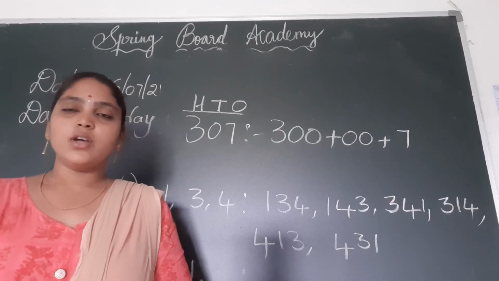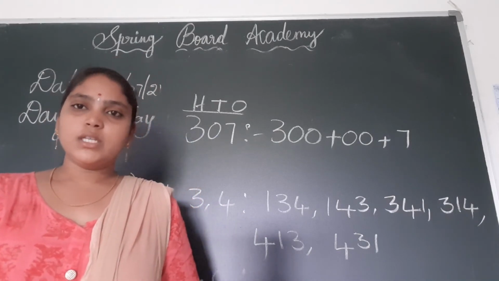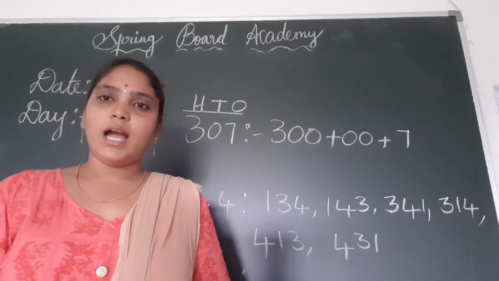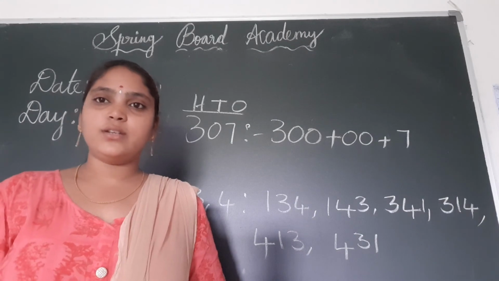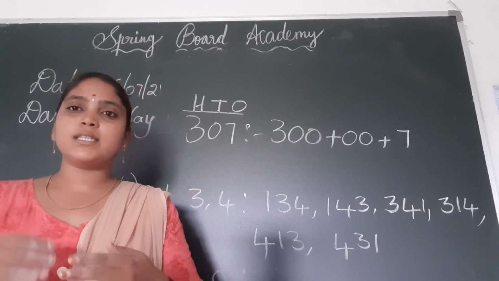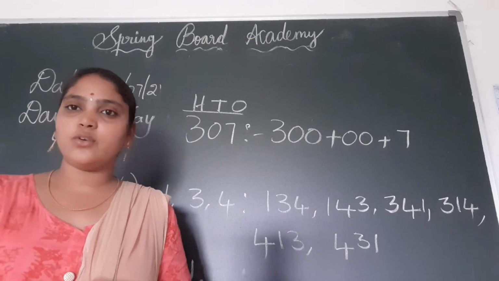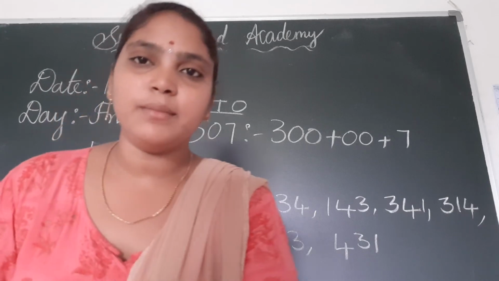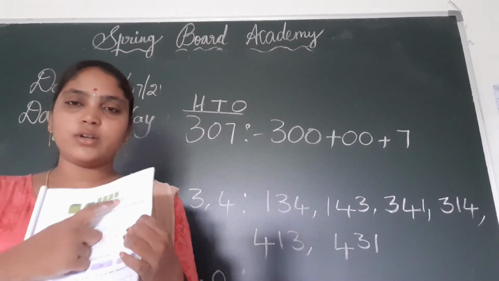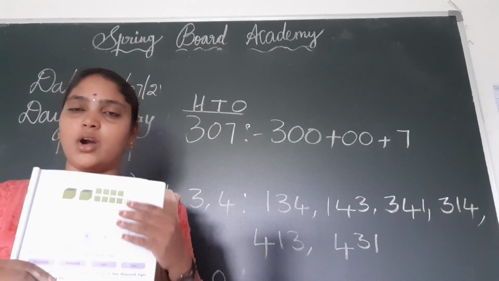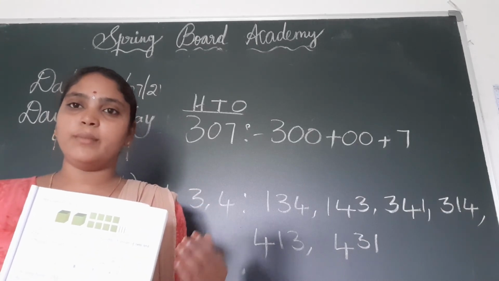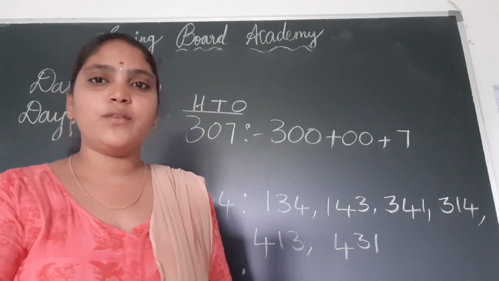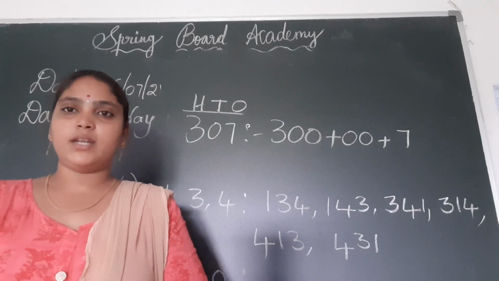So in today's class we discussed numbers. We know, children, that one block is 1, one strip is 10, one sheet is 100 and one cube is 1000. If the numbers are given in cubes, we have to count how many cubes there are. If 4 cubes are there, it means 4000, and 3 sheets means 300. Next, count the strips and write in the tens place. Then count how many single blocks there are and write in the ones place. So everyone complete the work given in the companion, children.